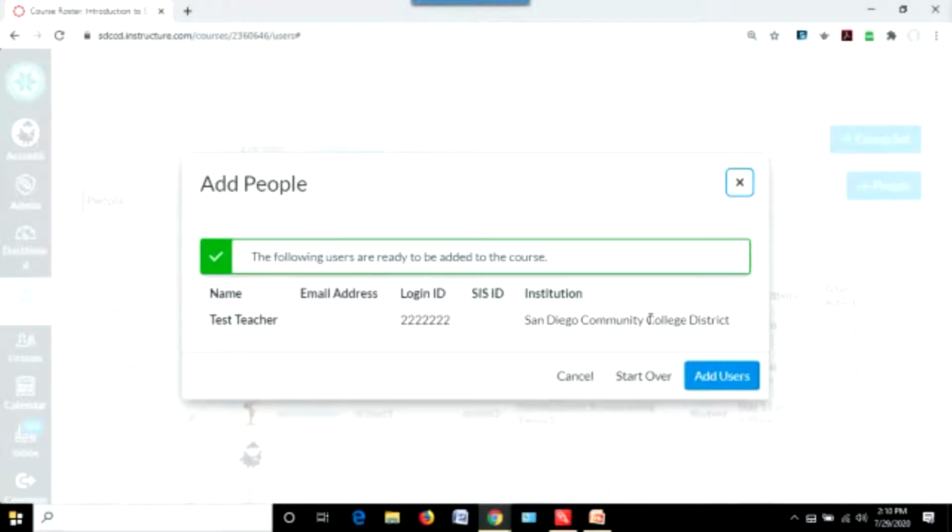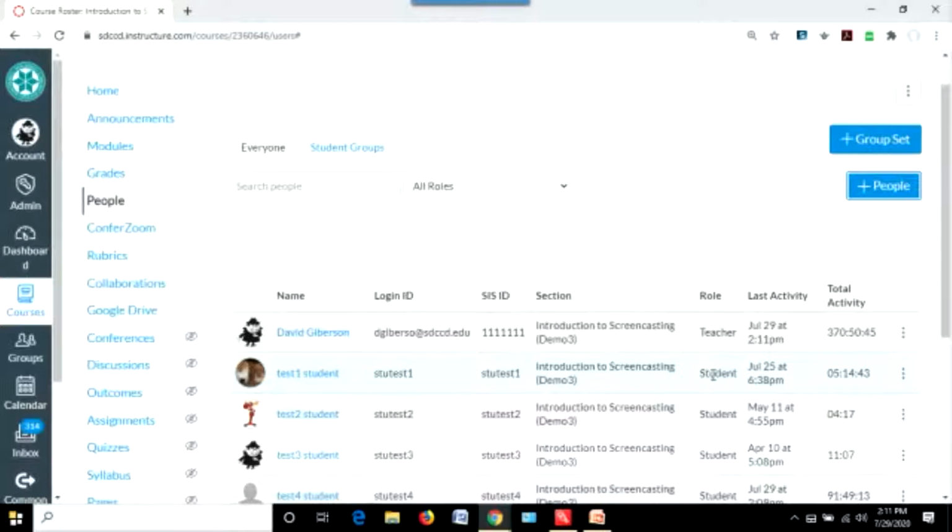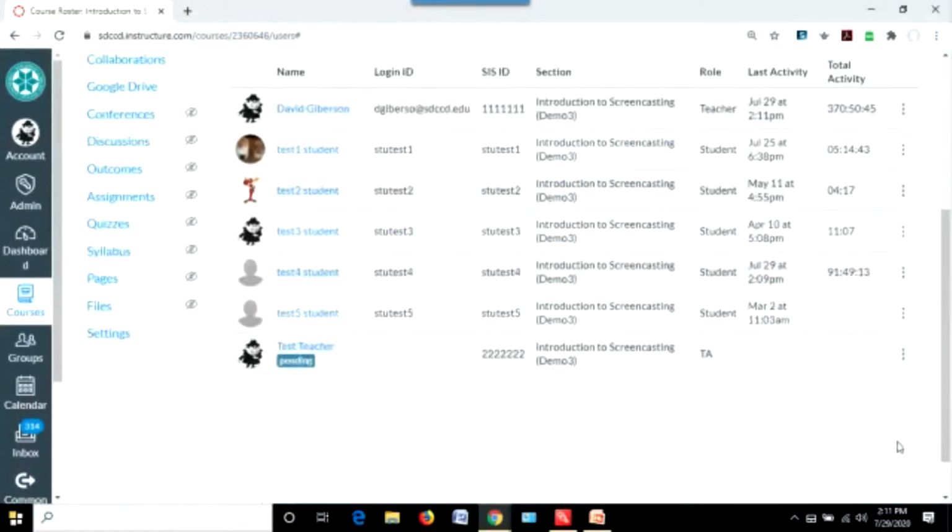But folks who are not actively teaching, but who may have taught in the past or who have particular knowledge that you need as associates in your course, may need to have an account created for them in Canvas, and we're happy to do that. And once this screen comes up, to finish the process, you just click Add Users, and that person will appear in your roster,